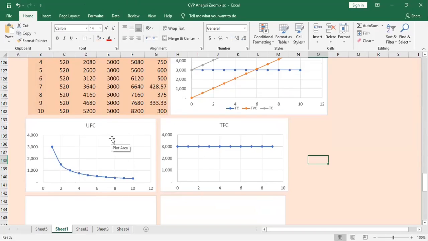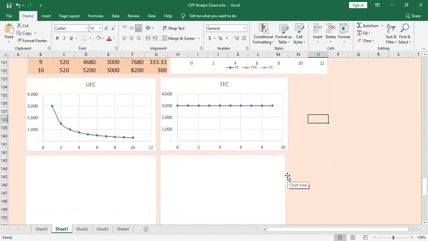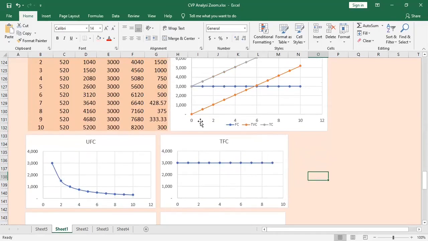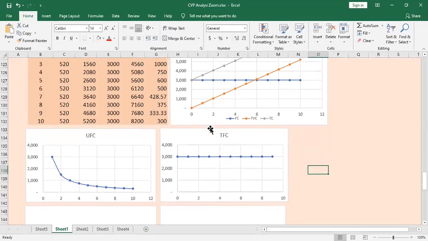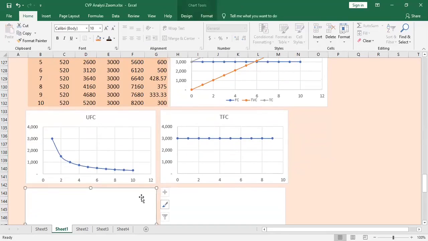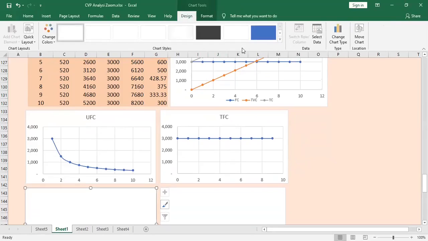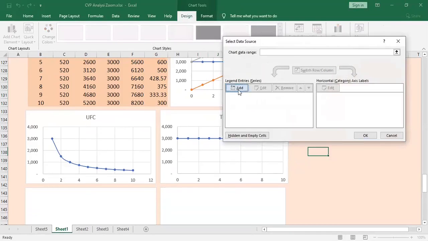Now, unit fixed cost is not fixed, even though we call it fixed cost. It will always change depending on the number of units you produce. But total fixed cost doesn't change. So that is the relationship here. So let me move into the variable cost. So let me plot total variable cost. Obviously, we have already plotted that in this particular graph. You know that there is a positive relationship between number of units and the total variable cost. But for the sake of understanding, I am going to plot it again here. So total variable cost.